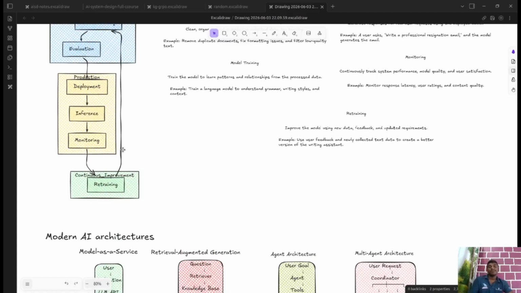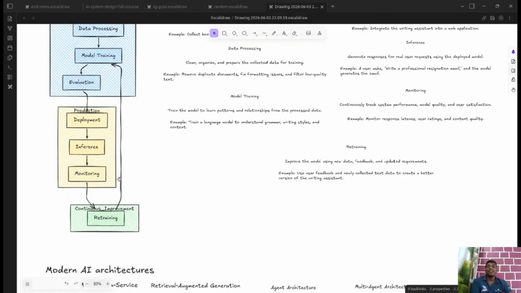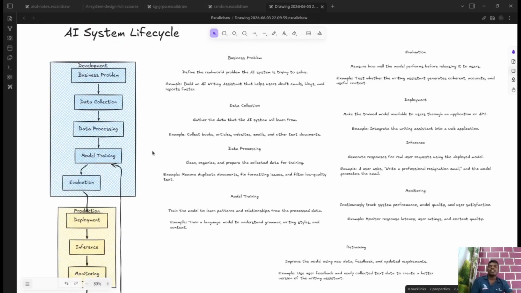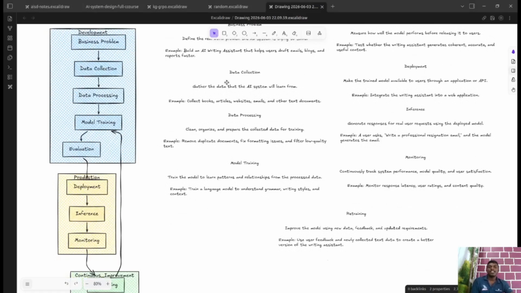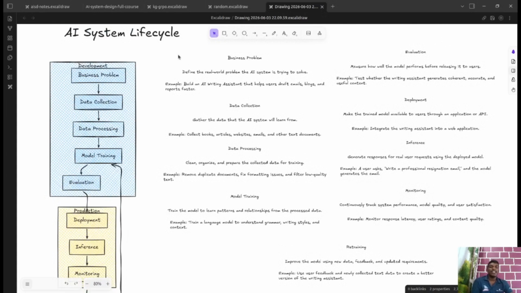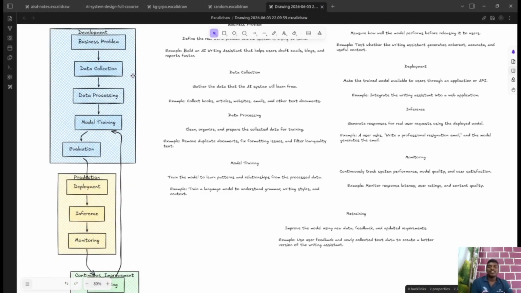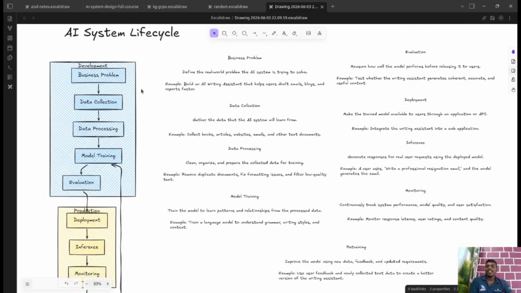If we feel the model requires a big change, we go back and train the model. If we feel the model requires some slight change, or the data given to the model to learn the pattern can be improved or restocked, then maybe we go to the retraining phase as well. So basically this is the whole life cycle, and these are the definitions for it. It's not necessary that you understand every one of them, but I just hope you know what exactly these are going to cover. So this is the whole life cycle for any AI system.